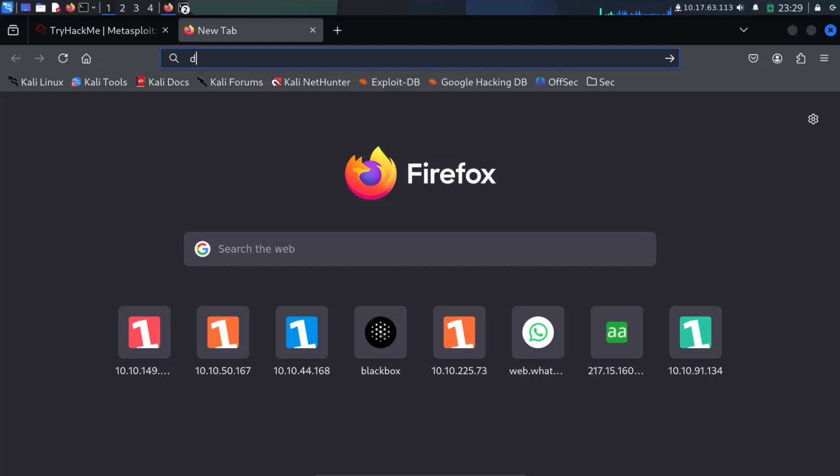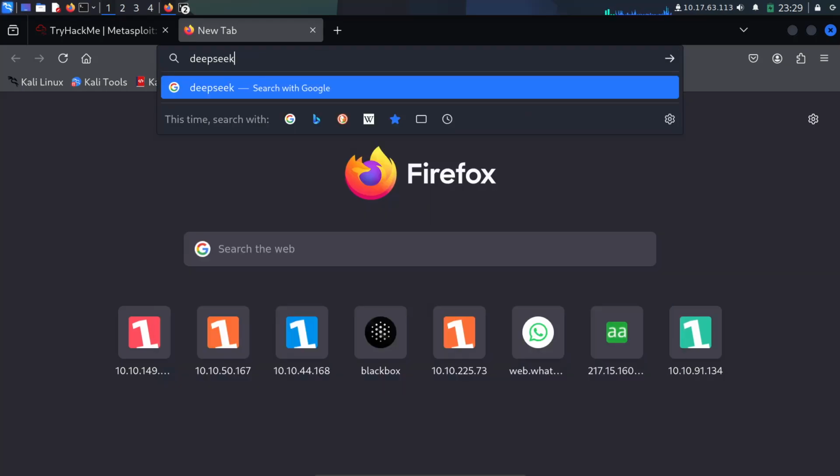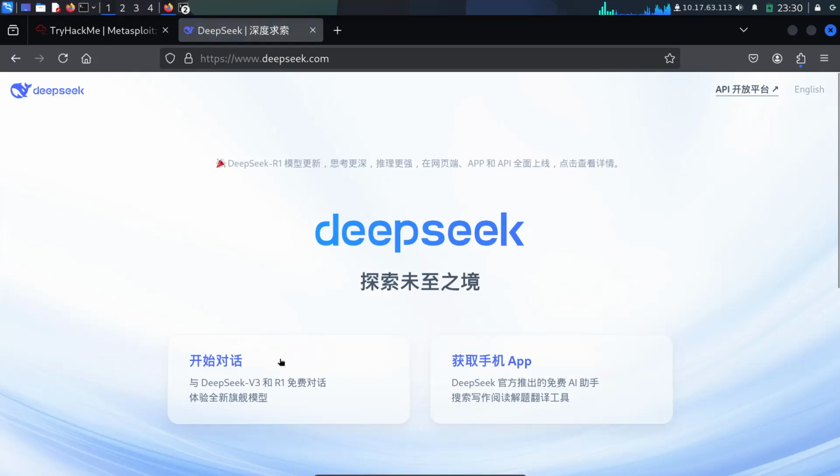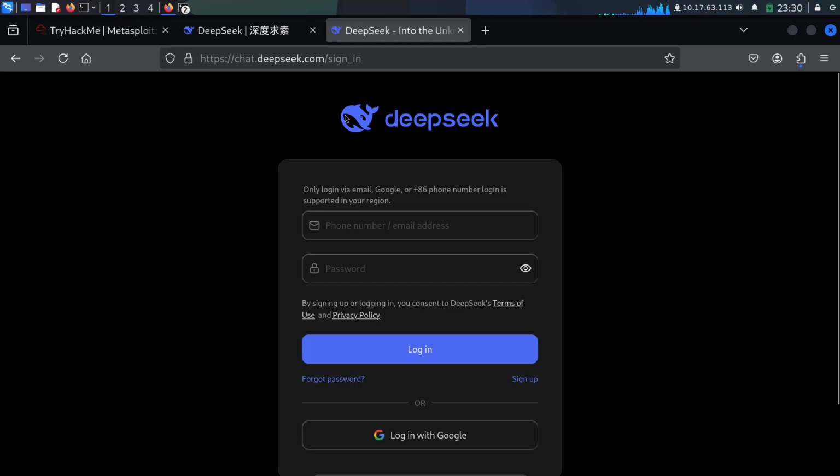Maybe we need to talk to DeepSeek. DeepSeek, log in with Google.